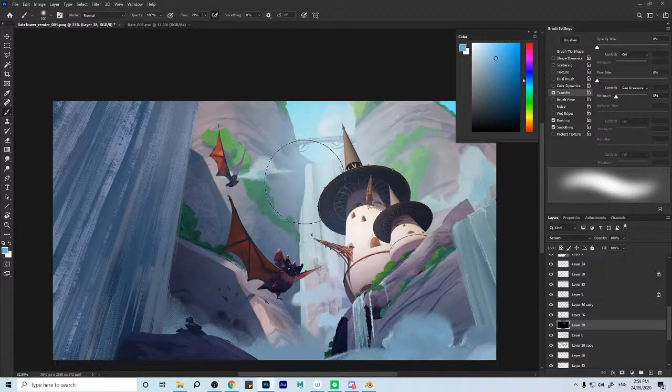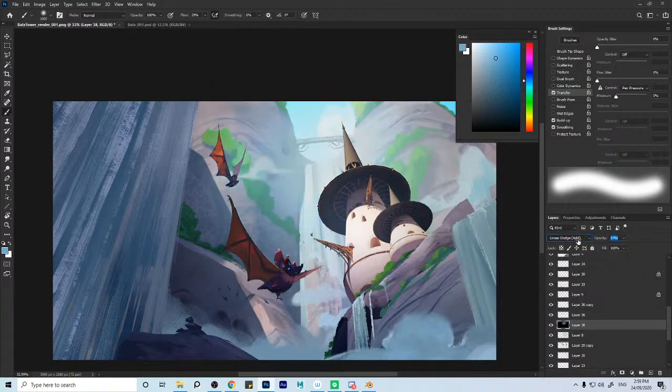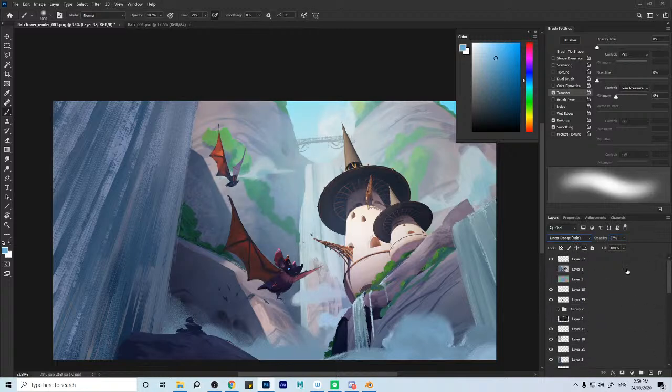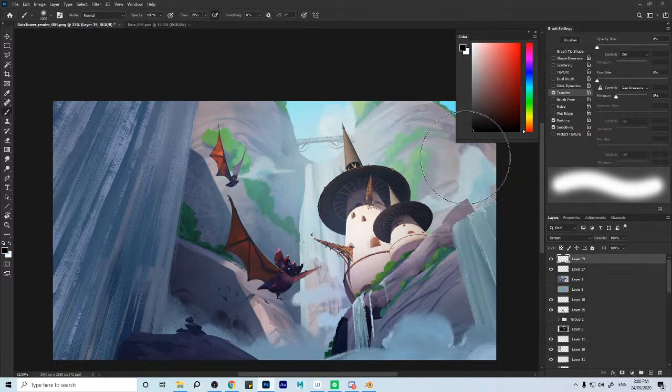This is the screen layer that I was talking about, because I do want to just kind of knock the background back a bit. That actually might look better as a linear dodge layer that's super light, and then probably I would put another screen layer over the top of that, fill that with black, and then come back with probably a little bit of a sun-colored yellow, just to